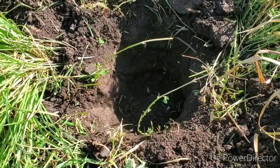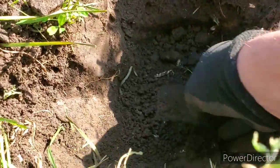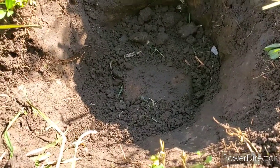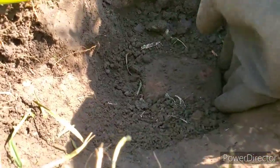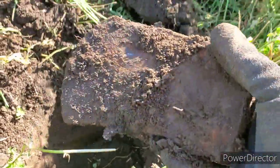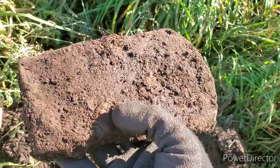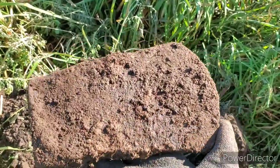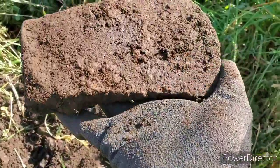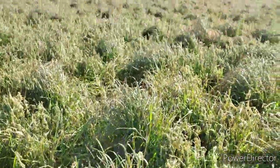So I've got another strong target, and I have a funny feeling I know exactly what this is by seeing the end of this here. Pretty wedged in there. This is another bucket lister. I don't believe this, literally two minutes after the crotal bell. Oh my gosh. I almost don't believe this. It is. My first axe head. I have never dug one of these. I thought for sure I would have found one of these by now. Oh, it's heavy too. I'll have to see what it looks like when I get it cleaned up as to any guess as to how old it might be. Oh my gosh. Excited. Absolutely gorgeous day out here